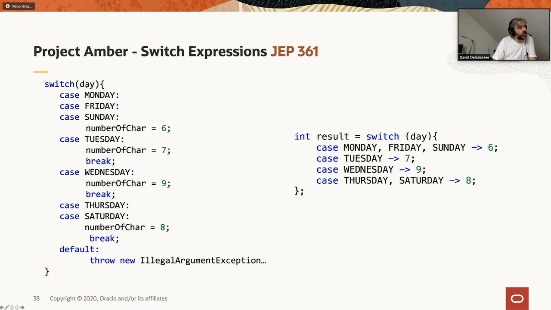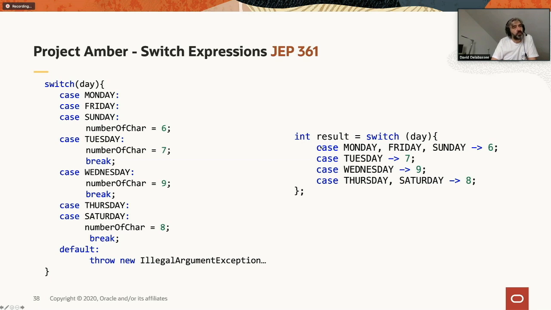In this case, I'm doing a switch over an enumeration. So all the values are known because we're in an enumeration, but still, if I miss, for example, one of the days, the compiler will not be able to tell me, okay, you are not evaluating Wednesday, for example. So that's why we have a default. But given that we know all the values, it's a bit hard to have to use a default value.